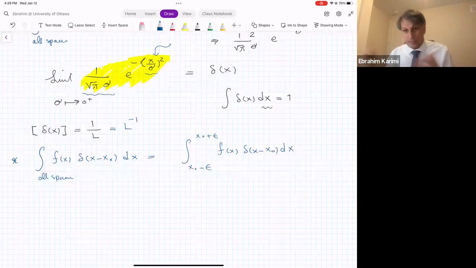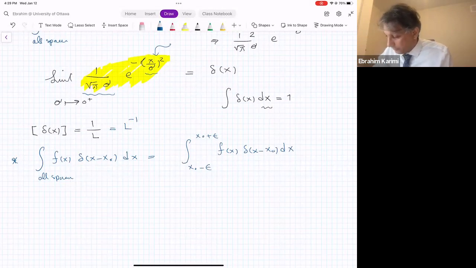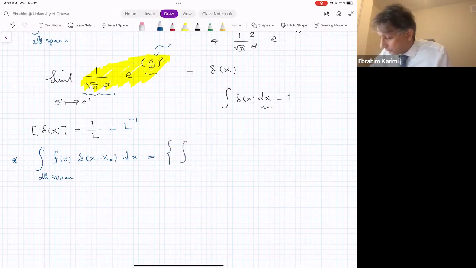So the value will be essentially 0. If I want to write it properly, I have to write it this way: integral from minus infinity to x0 minus epsilon, plus integral of x0 minus